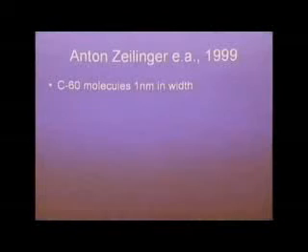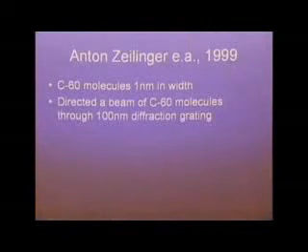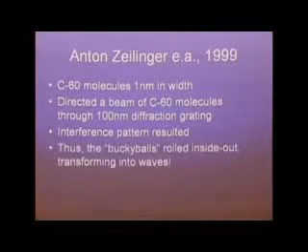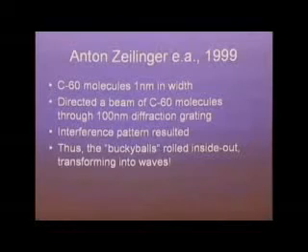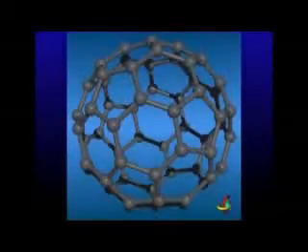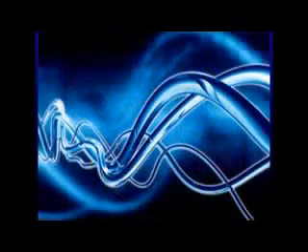Well, Zeilinger in 1999 took these carbon-60 molecules and shot them at a 100 nanometer diffraction grating, which is a little slit like we showed you before, and he got an interference pattern, which is like a wave. So do you realize what that means? The buckyballs were rolling inside out somehow. They hit that wall, and they turned over. Like, have you ever had one of those little balloons where you squeeze it in your hand and it goes whoosh? Is everybody with me? That's what seems to be happening with physical matter, and I've heard that from black ops people as well. This was performed in Austria. So this little guy popped into all these waves when he hit the wall because he flipped inside out.